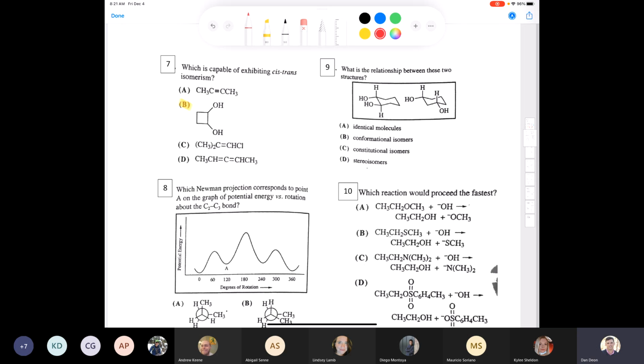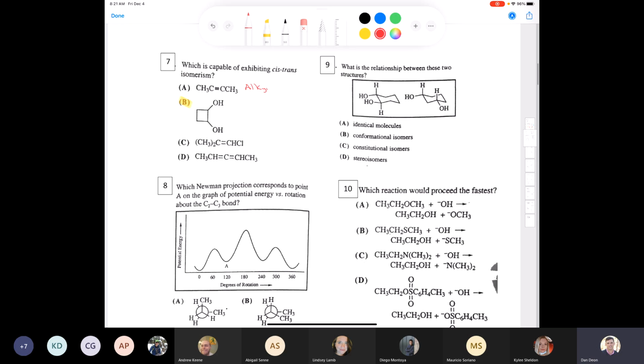The first one is an alkyne. So an alkyne cannot exhibit cis-trans isomerism. It doesn't exist, right? If you look at C, it is an alkene, but it can't have cis-trans isomerism. Why? Because on one of the carbons, the carbon on the left here, you have 2 methyl groups. And when you have 2 groups that are identical on the same carbon, cis-trans isomerism is impossible. And then if you look at the last one, this is called an allene. So allenes don't exhibit cis-trans isomerism,